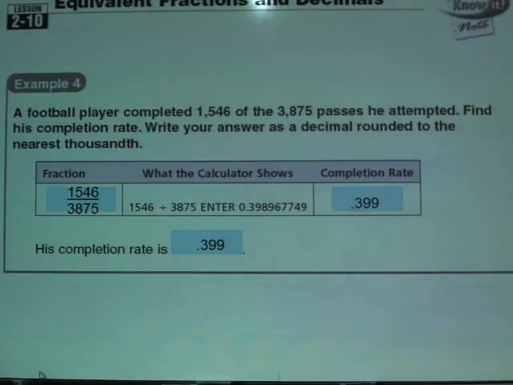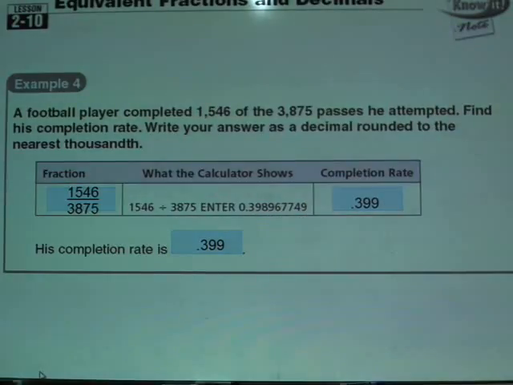Okay, number 4. A football player completed 1,546 of 3,875 passes he attempted. Find his completion rate, write your answer as a decimal rounded to the nearest thousandth. So as you can see, now even they've given up on the division. They went right to a calculator here. As a fraction, this is 1546 over 3875. So they went to the calculator to divide it, as you can see, and they got